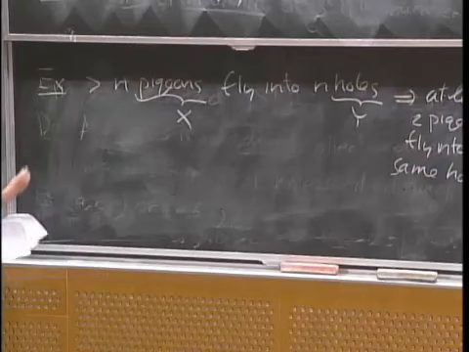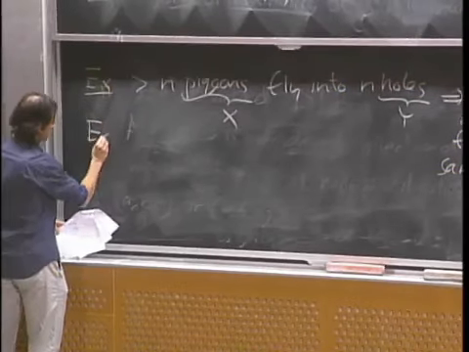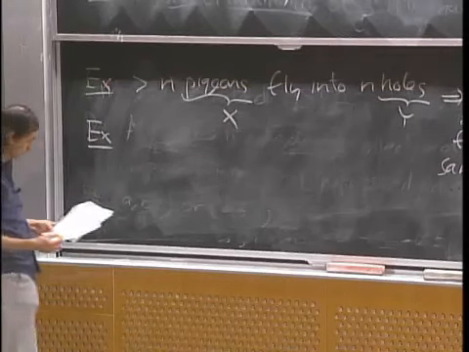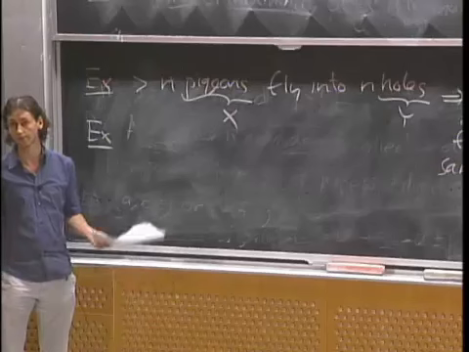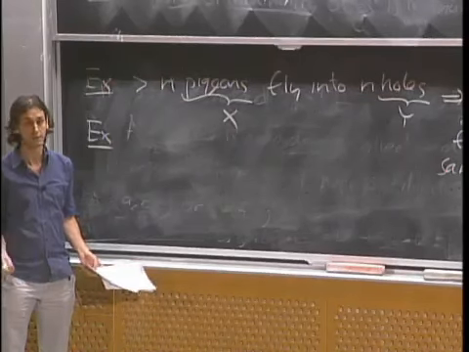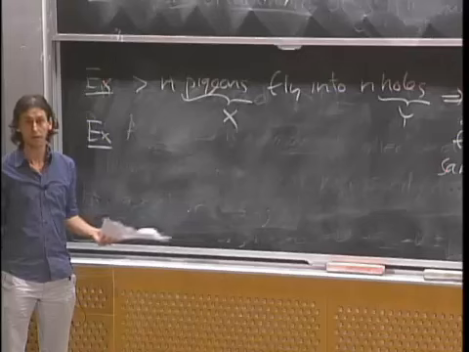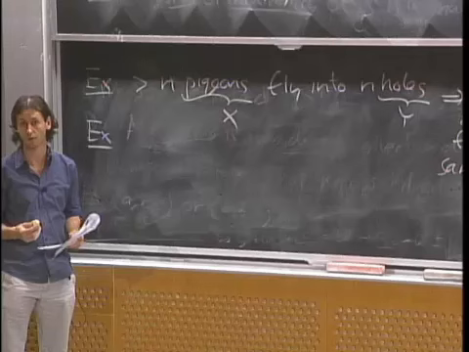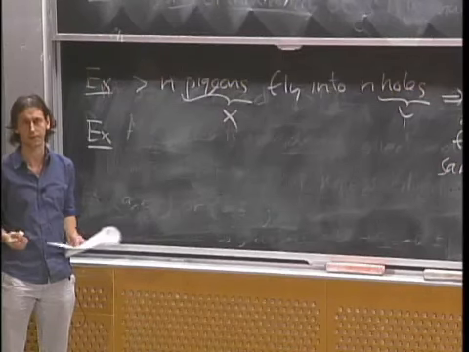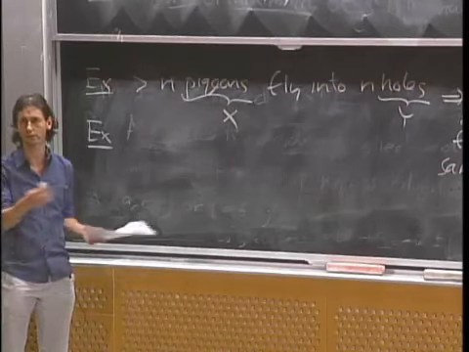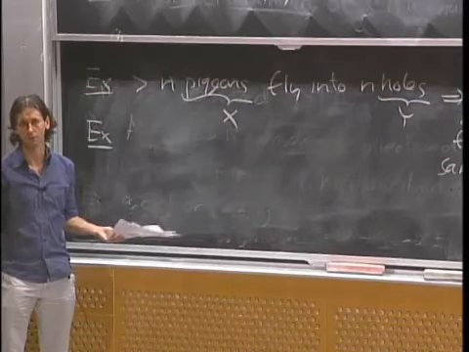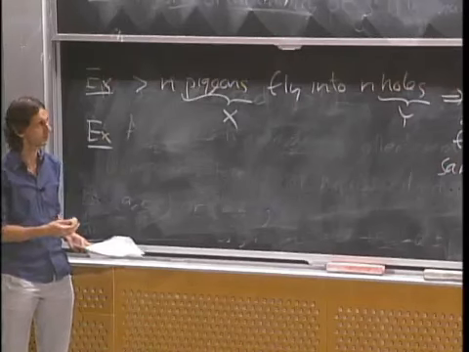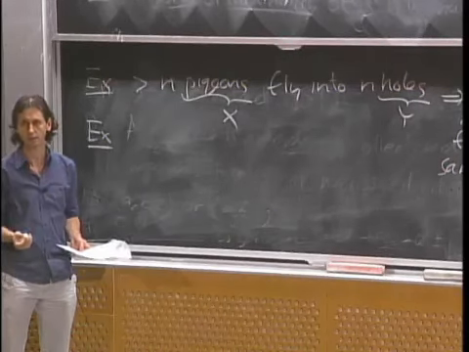Okay, so let's give another example. Let's think about Boston. In Boston, we have, say, 500,000 non-bald people. It turns out that there are at least 3 people that have the exact same number of hairs on their head. That's kind of weird. How do we know that? I cannot point out any 3 in Boston that have the same number of hairs. I have no idea, but somehow I can count and use this principle and tell you that it must be